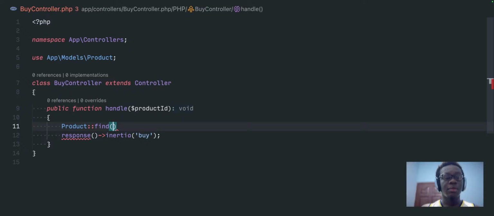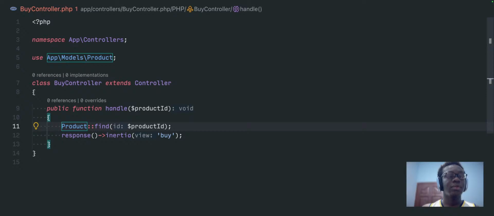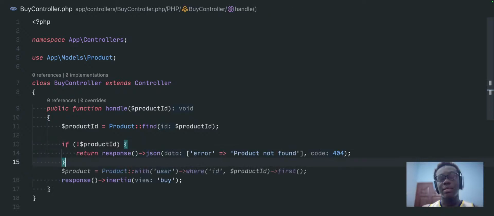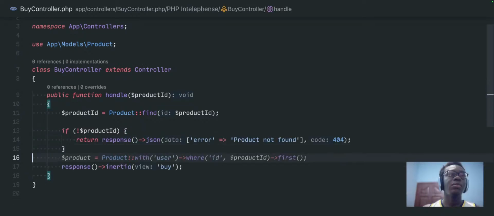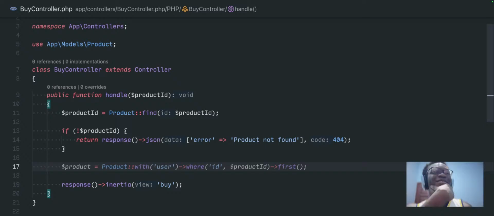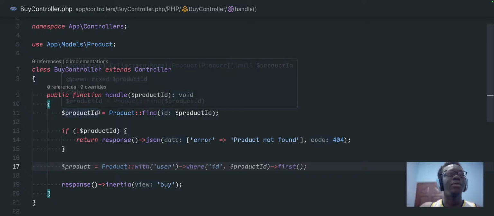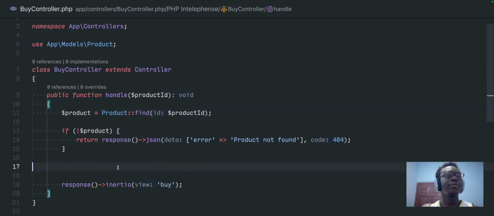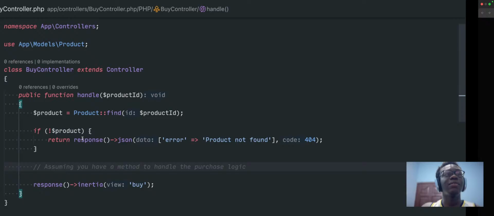So yeah, we kind of have this going on here. So now it's no longer showing an error. You should probably use find or fail, but yeah, it's the same thing anyway. Product ID equals product find. We can also do something like this if we don't want to use find or fail, which I don't want to use. Okay, so now we have the product. Wait, why am I getting product ID? It's supposed to be product. My bad, because we already have the product ID. So product equals product find, and then from there we pretty much have everything we need to build a